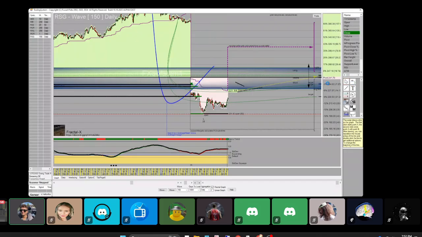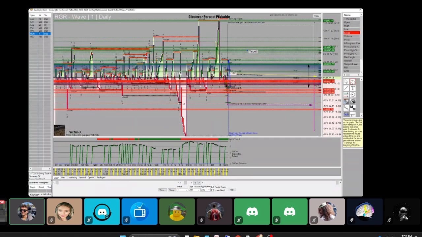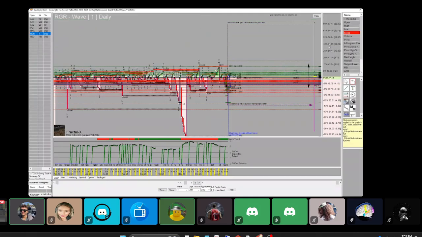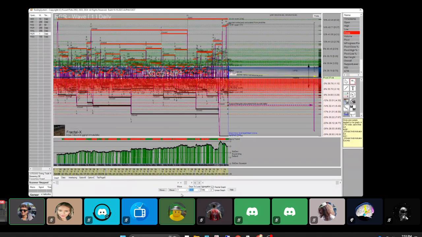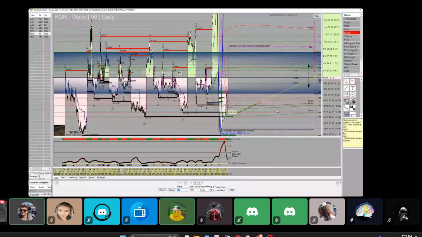But yeah, a few more minutes left until that Twitter X Spaces session. So I have about two more things I can share. RGR is Ruger. I'm buying shares in this week. I think tomorrow, as long as my funds are ready. I'm buying shares of this, and there's many reasons why, both fractal-wise and because of what's happening in the real world. But let's click on the wave 80.